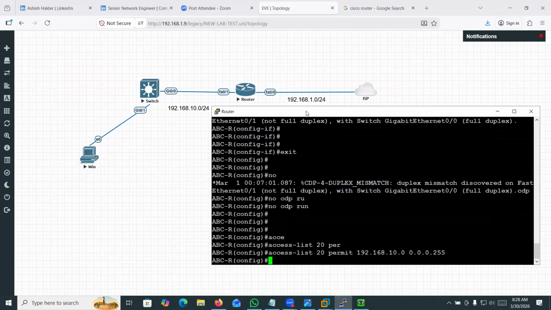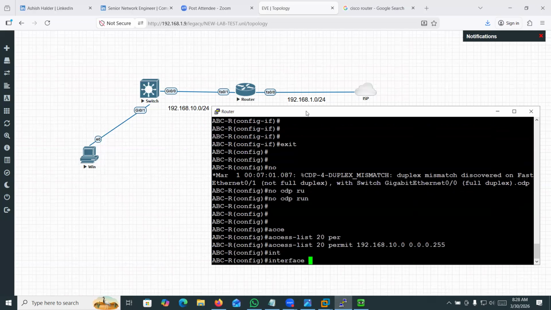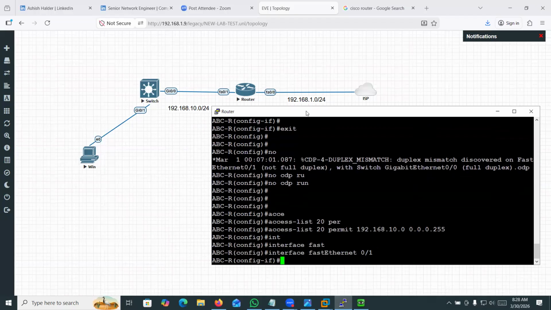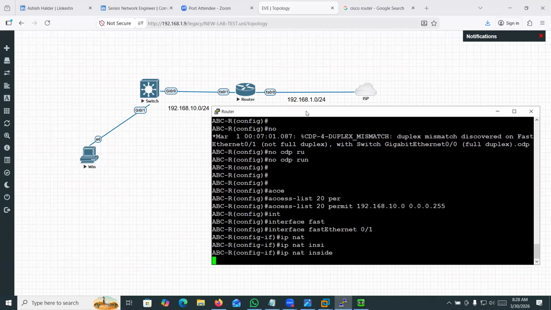Okay, fine. Now I will configure the NAT. On the interface, I need to type first 0/1 as inside for NAT, so ip nat inside.